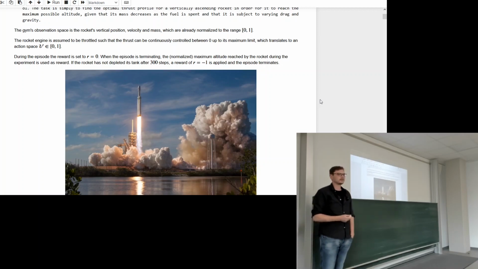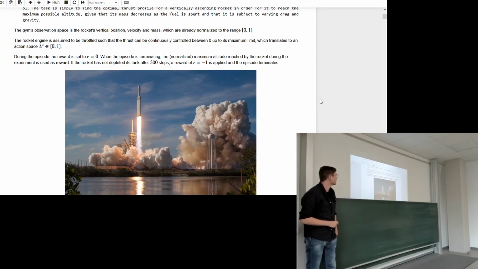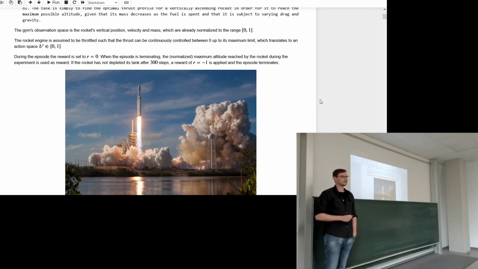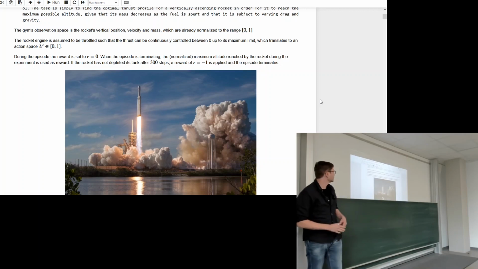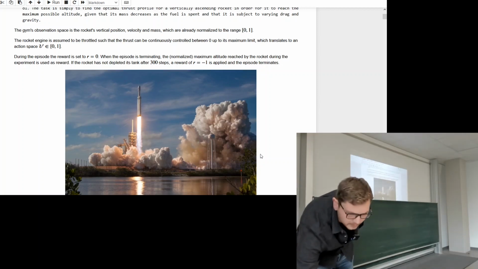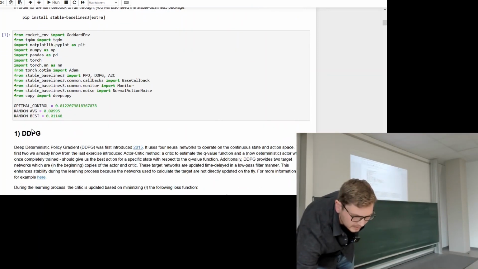And the action that we can take is just how much we throttle, so to say. So if we try to accelerate with full speed or zero or anything in between. So we have a continuous state space, we have a continuous action space. And our first task is to have a look at this problem using DDPG,